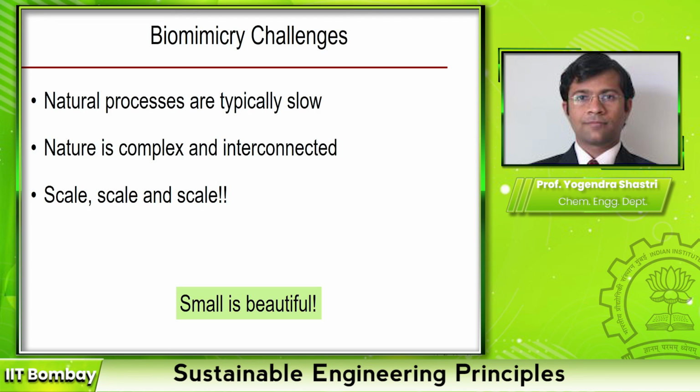Third thing is scale. How do you scale it? Again, it's sort of related to the first point, but how do you scale and reach this level of production that is desirable? So one thing that is observed in nature is that nature does things at a very small scale. So everything is localized at small scales. There is no economy of scale, so to speak, that we often target in engineering designs.